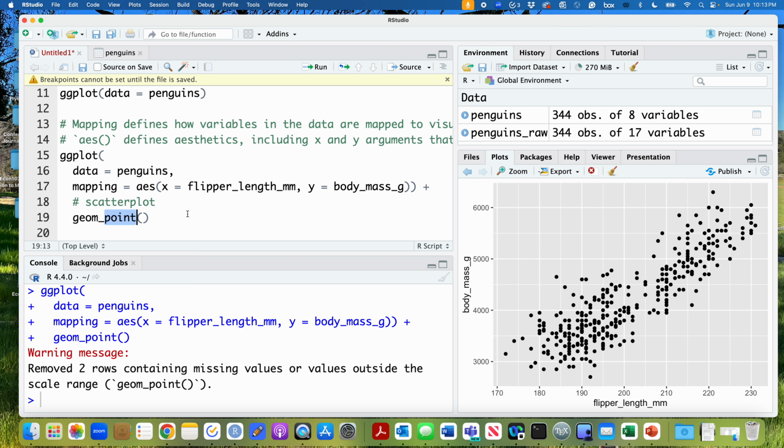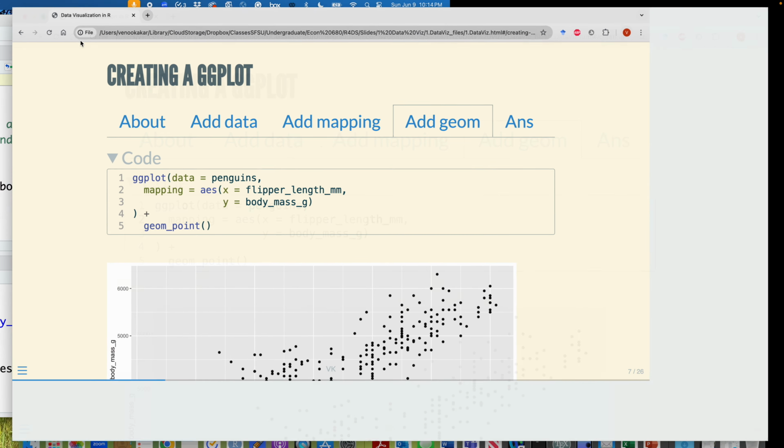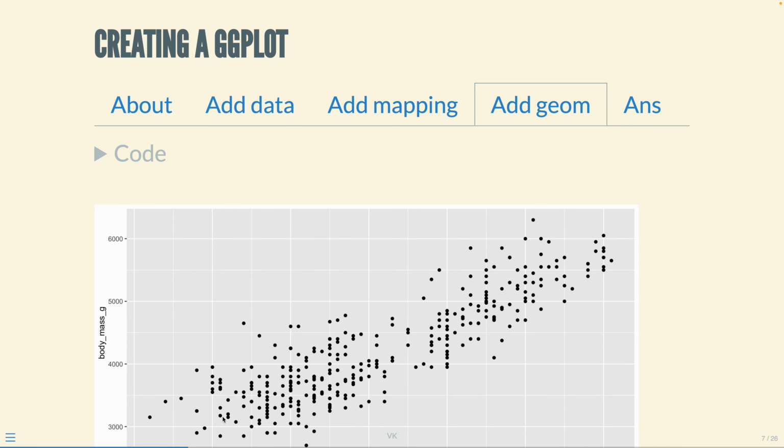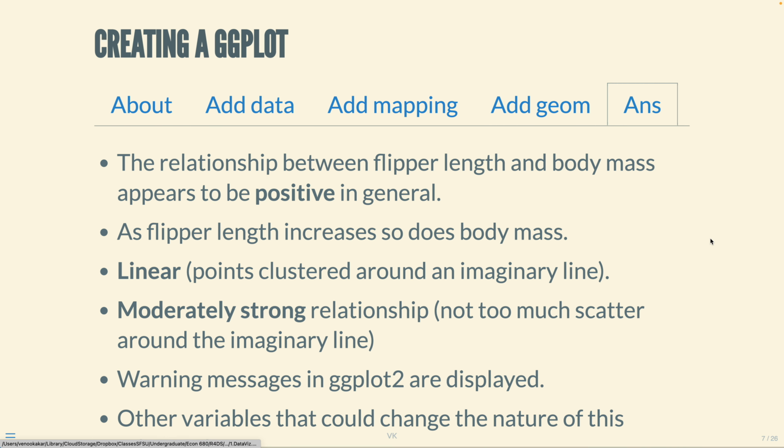It's sort of intuitive that we're using geom_point to construct a scatter plot, because these are all points here, right? These are just x and y coordinates, if you think about it, from flipper length and body mass. So going back here, if we saw that chart, this type of chart, we can try to understand what is the relationship between flipper